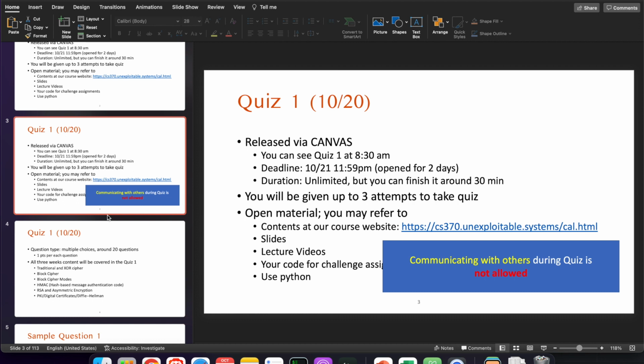And if there is any factual error in the quiz, then please ask me the question. But please do not ask if this answer is correct or something like that. If there's a factual error, so you cannot understand what the question sentence means, then you can ask the questions to me. But the TA and myself will not accept any questions about checking if this answer is correct or not.